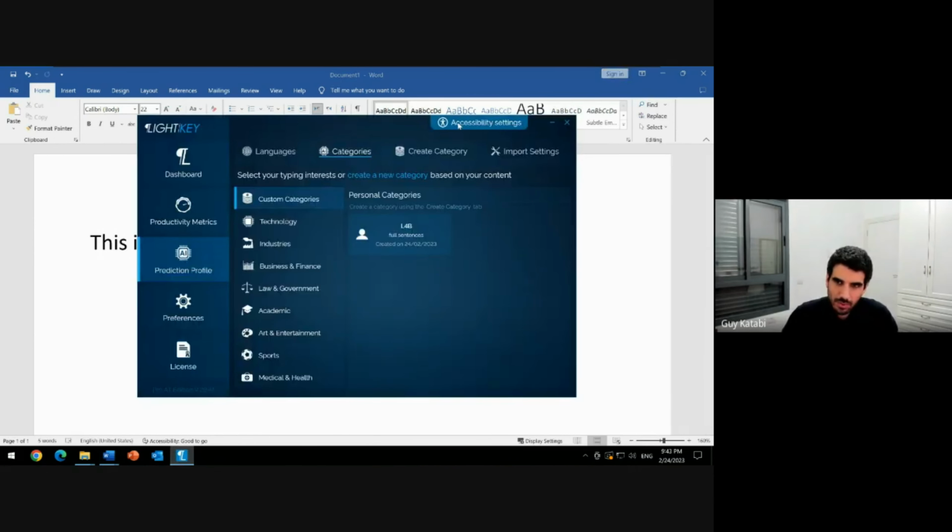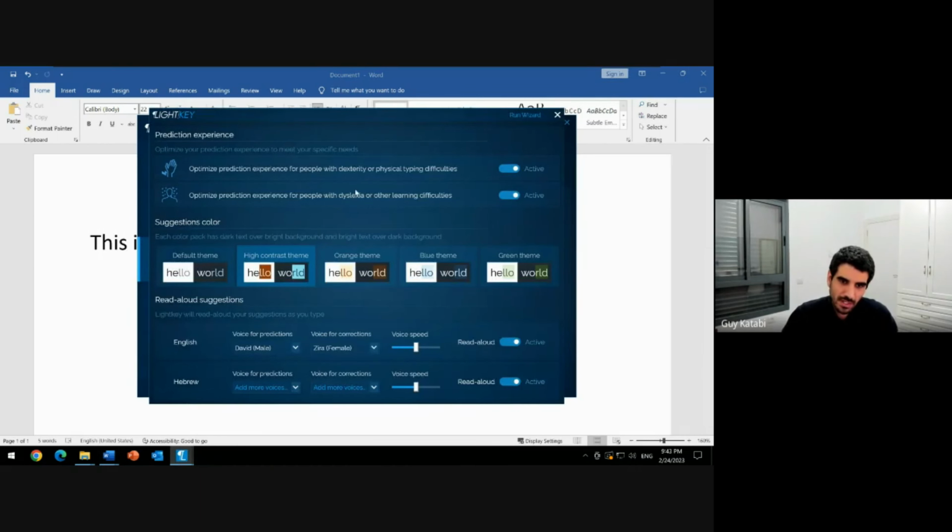And if I go to accessibility settings, as you can see, we can again control the typing difficulties or physical difficulties toggle and the dyslexia option as well. We can choose different prediction colors that target, let's say, a bit more rare color blindness conditions. And we can control which voices we are using for each language, and the voice speed, which we also added